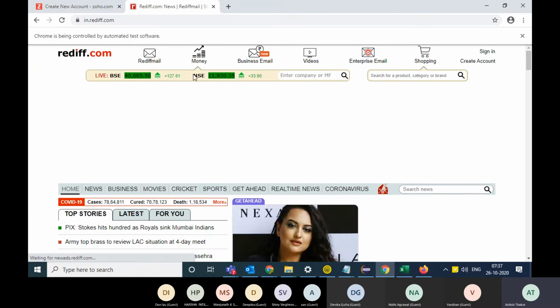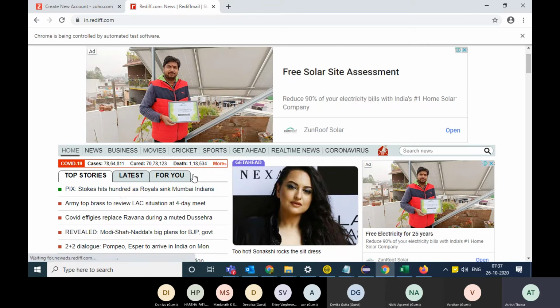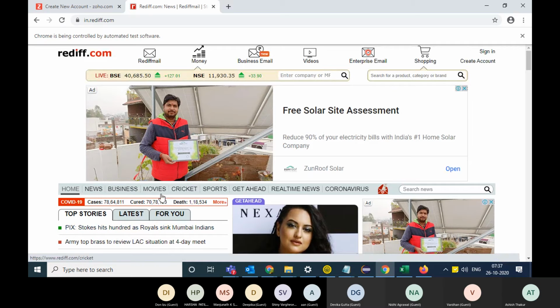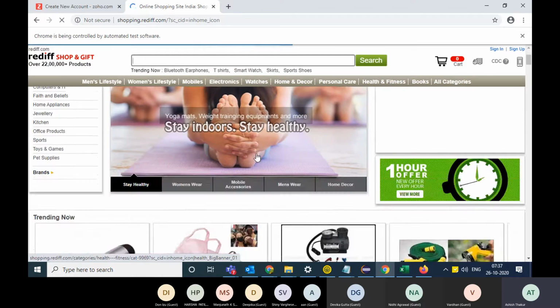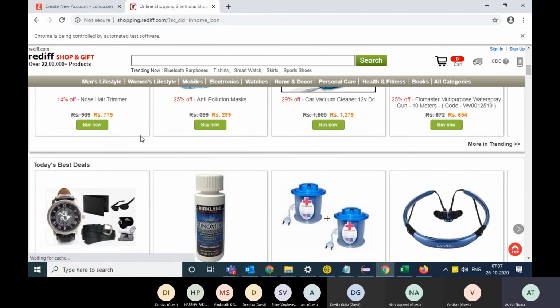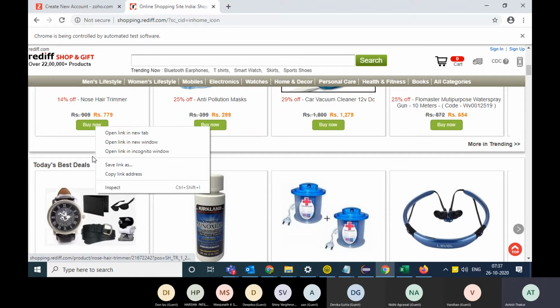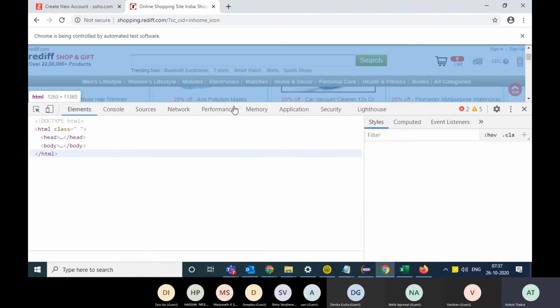And over here, I will go to, hold on, the shopping section. Okay, let me take up an easier and a more understandable example. Say, for example, there are different buy now buttons on the web page. All the buy now buttons have the same look and feel.